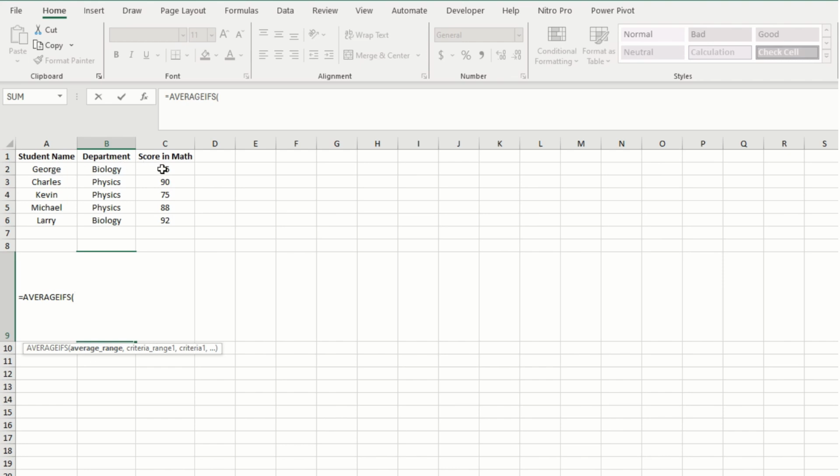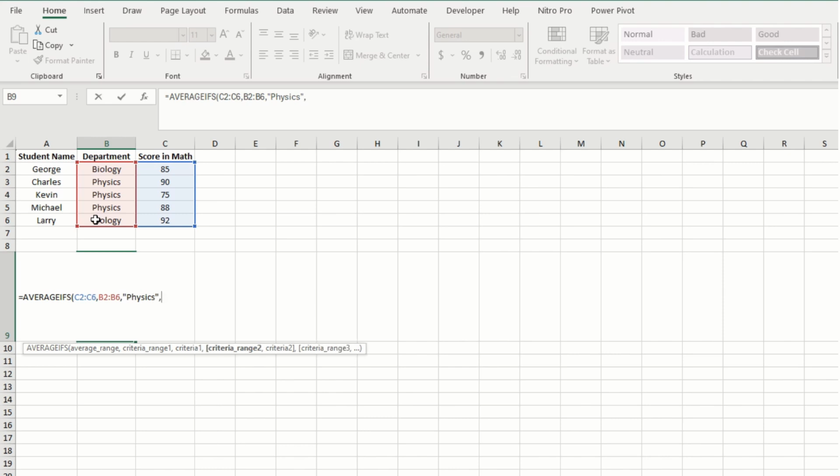The average range is C2 to C6. We'll say comma. The criteria range 1, as I said, the first condition is the department has to be physics. So let us give this thing P2 to B6, and then we specify within the quotations, physics,